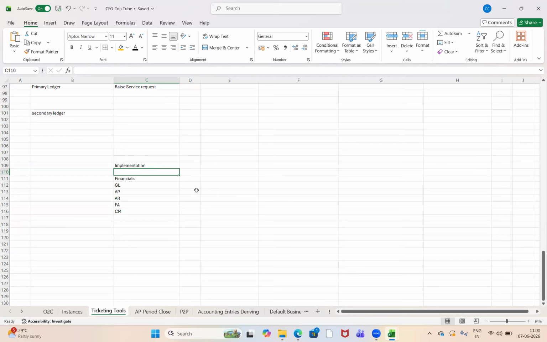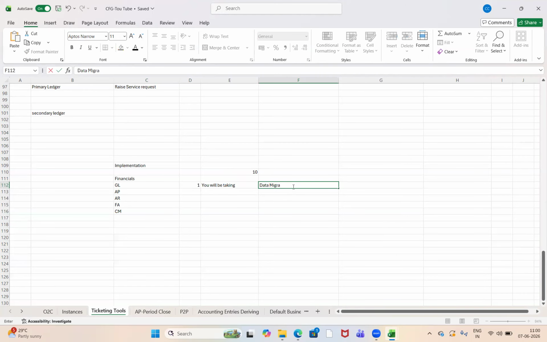No. You will be working on one module. In that also, you will be taking some part, not the entire module. Suppose there is so much to complete one module, and there are 10 people assigned to it. Ten resources are working for the GL module for implementation, and suppose your part is data migration. Let's say one